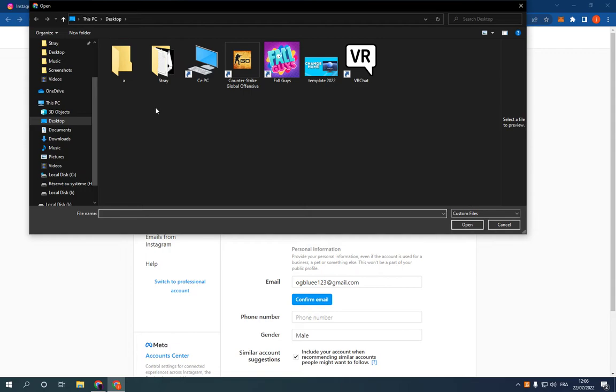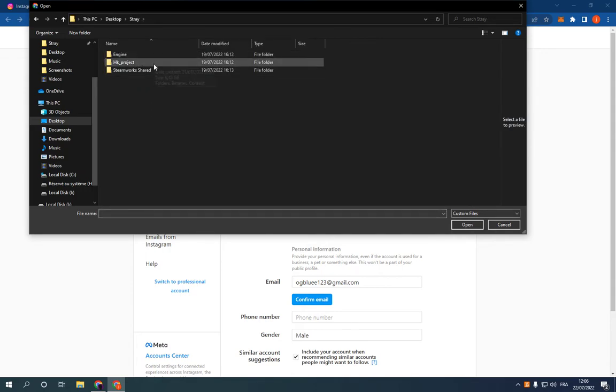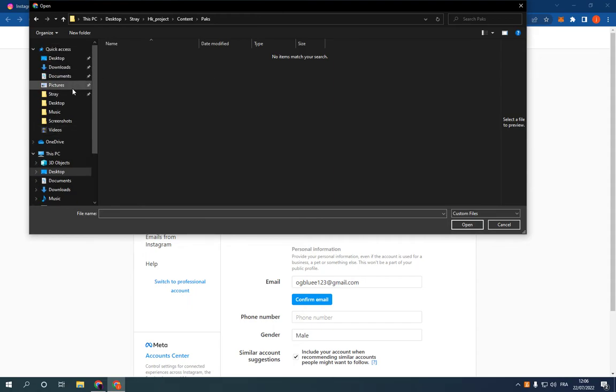fast. For example, I'm gonna choose, let's say, this photo. If I have a photo here, okay, I don't have, but anyway, you can choose the photo and everything is